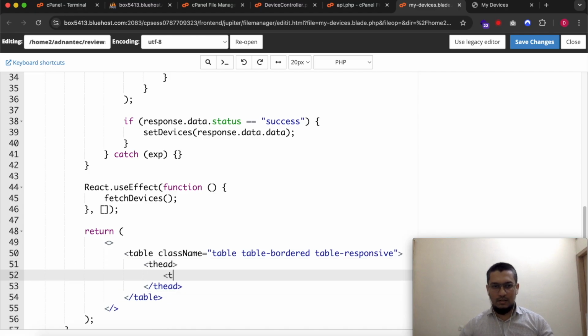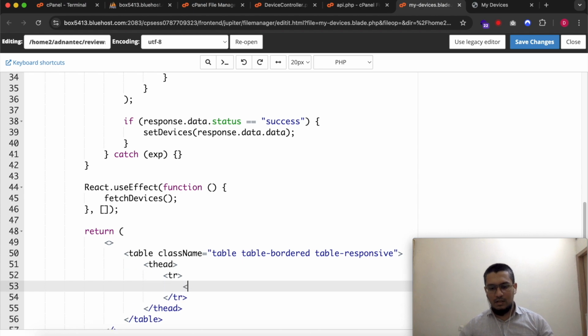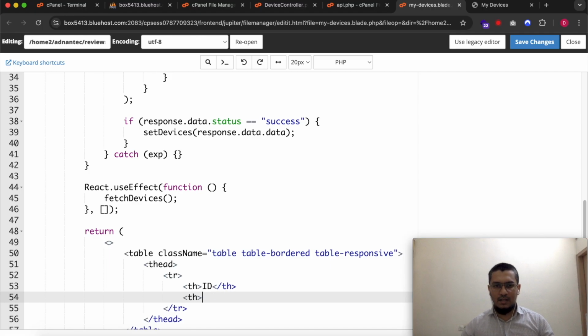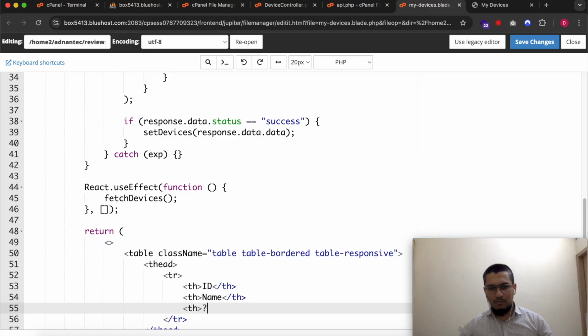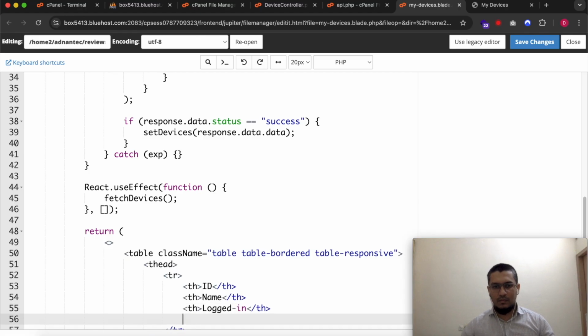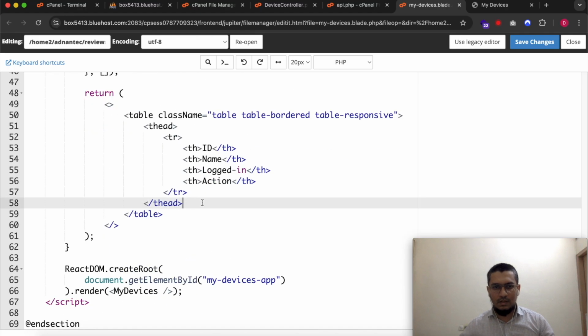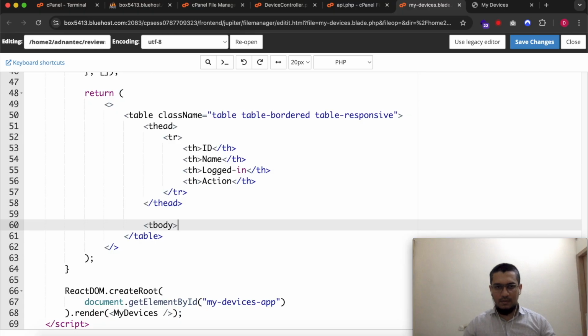I will create a simple row in it, and I will show the device ID and the device name and the time when it was logged in, and an option to delete. And in my tbody,